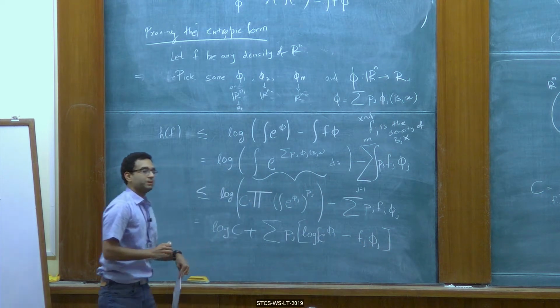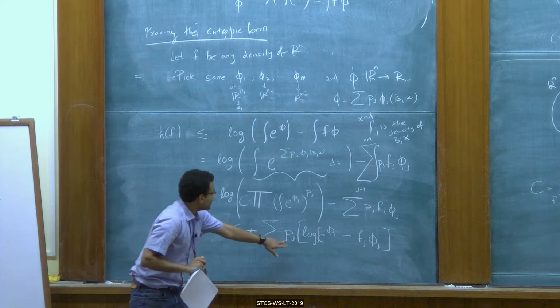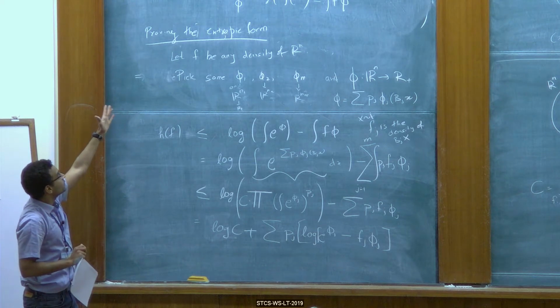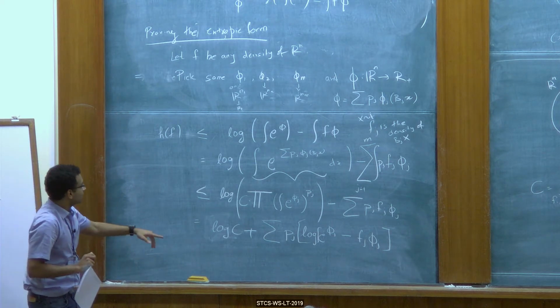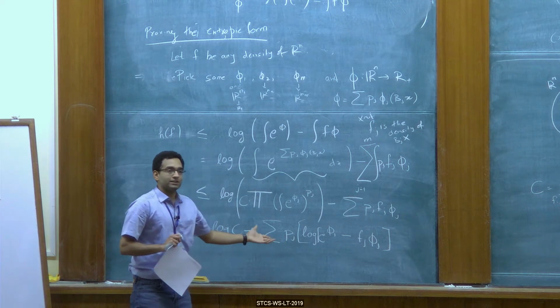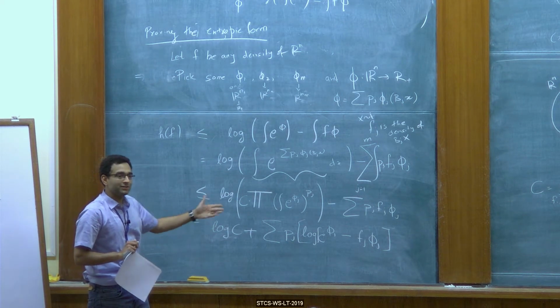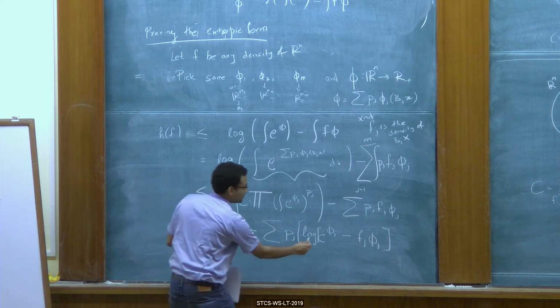Okay, so I just pulled out the pj and wrote this. And now I'm going to again look at that inequality that we had. So h of f is infimum over phi of something. We haven't yet picked phi. This inequality is true for all phi. So let's now pick the best possible phi that will give us an equality here. So when it gives us an equality, what do you get?